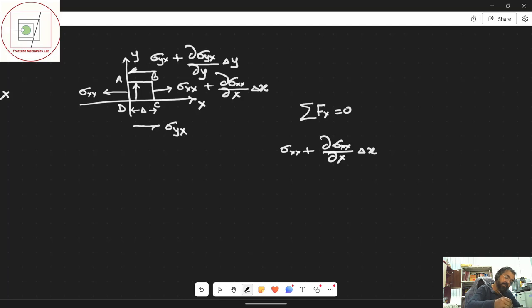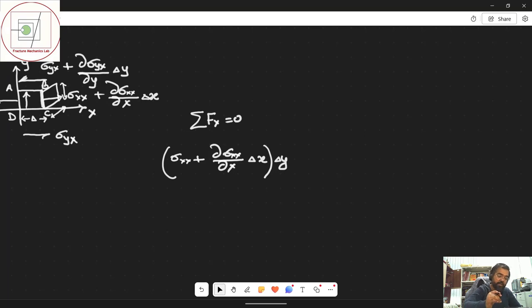This is a stress, so I need to multiply this stress with the area to get the force, and the area is the area of the face BC. That area is going to be this dimension into this dimension. The height of that is delta y, and there will be delta z. Because we are doing it in two dimensions, there is no delta z, so it will be delta y, and then I will have sigma xx into the same area, which will be delta y,